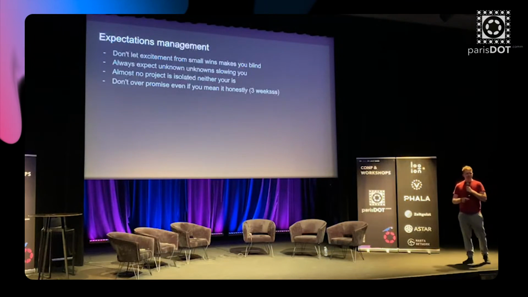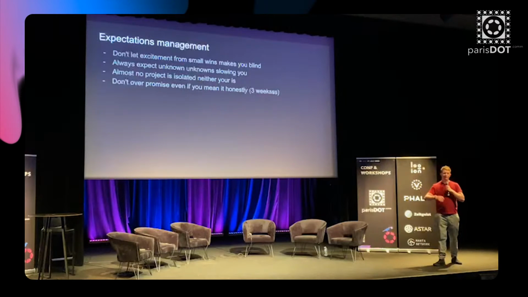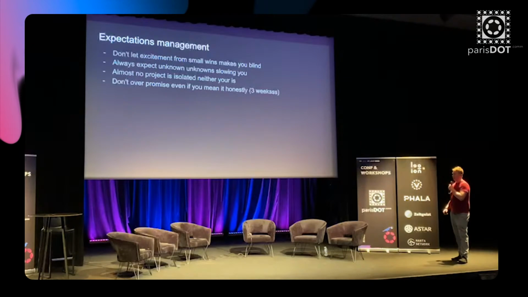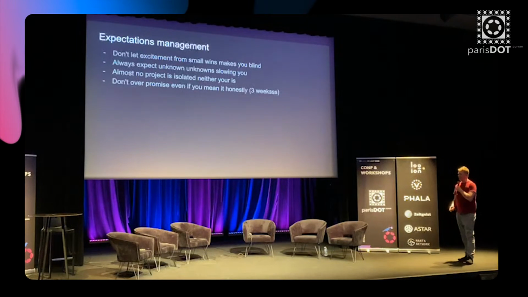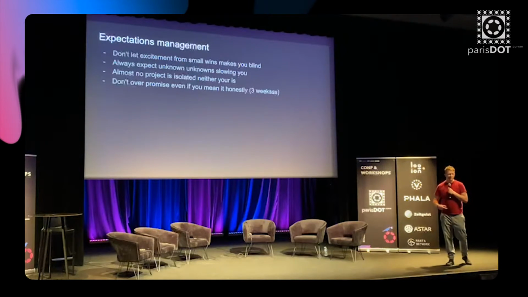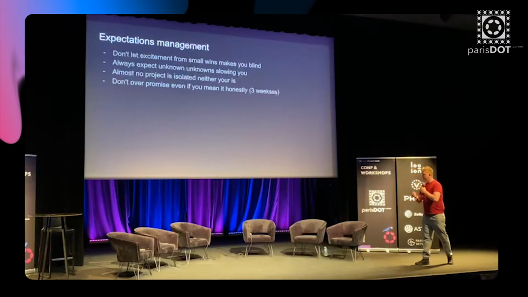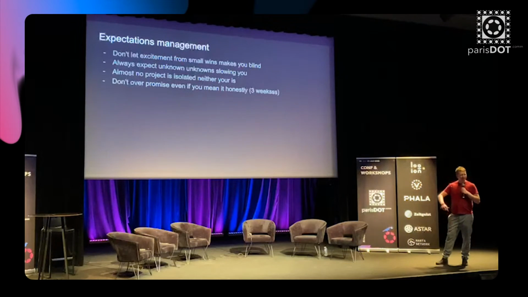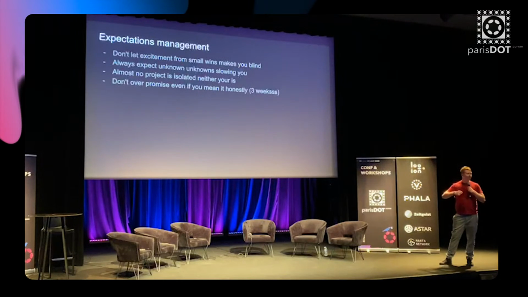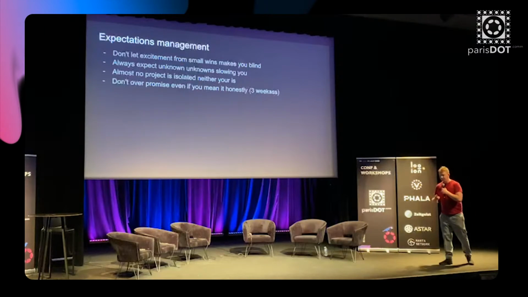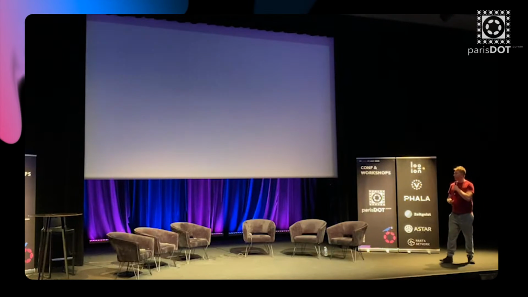So that's all. The whole product cycle, but also communication, should be something called expectation management, because the excitement you can feel can totally blind you. You should always expect unknown unknowns, which will slow you down dramatically, and then don't overpromise. Like with "3 weeks," it became a meme, but when we said that the first time, we really thought it. And then we were unwrapping all the unknown unknowns, as I mentioned, which were waiting for us.